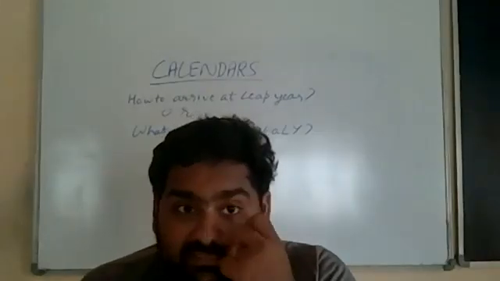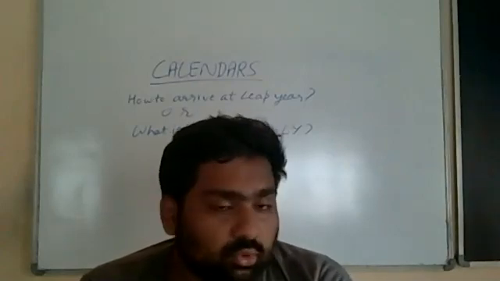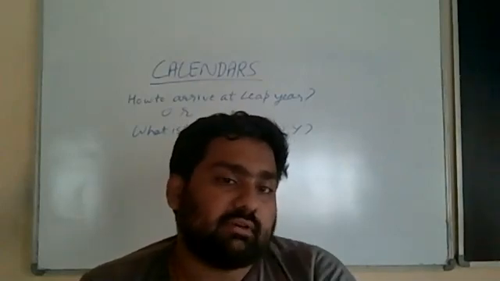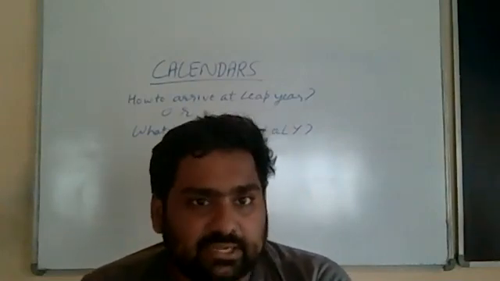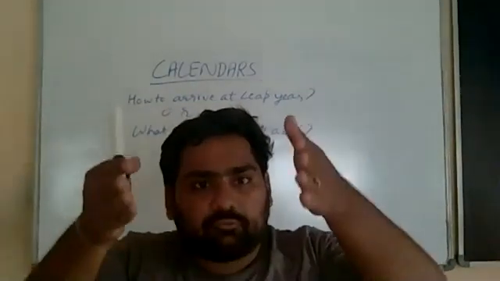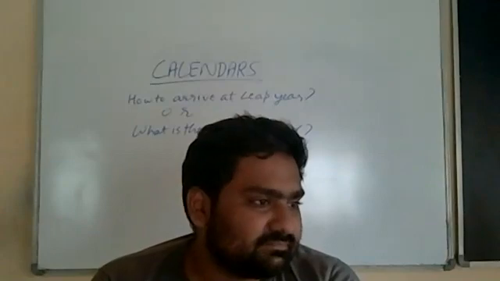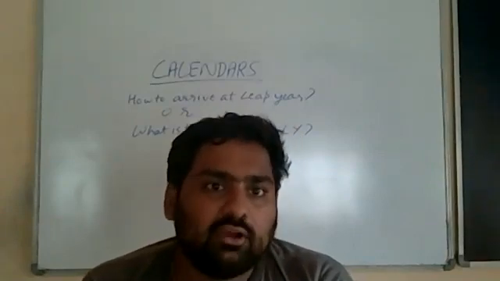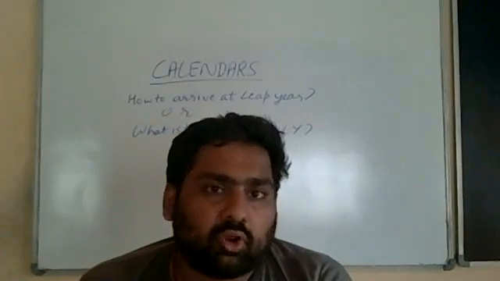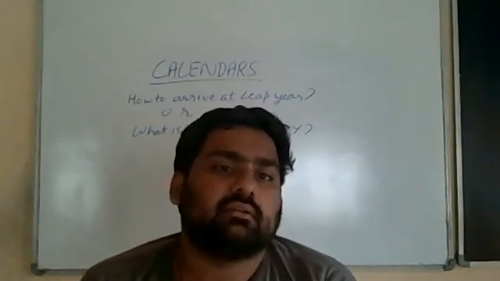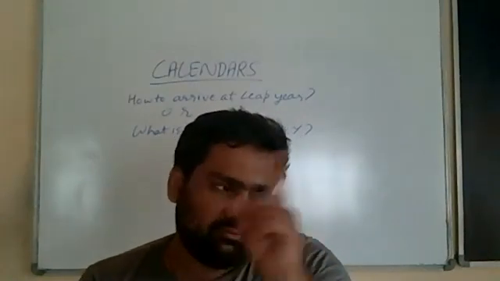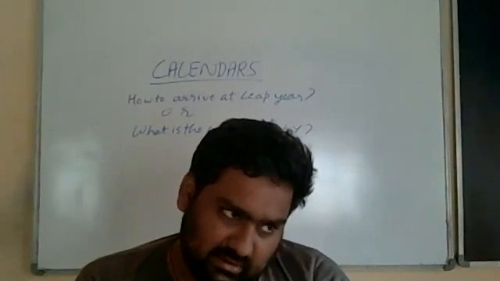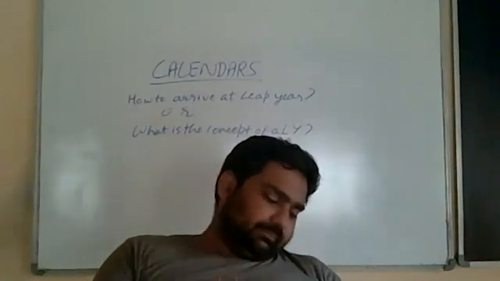So, 2096 will be a leap year. 2100 will not be a leap year. 2104 will be a leap year. So, in between 2096 and 2104, there will be a gap of 8 years which are not leap years. So, "leap year comes once in every 4 years" is a false statement. In normal circumstances, yes, leap year comes once in 4 years. But if there is a century year, then leap year will not come unless the century year is divisible by 400. Do you get this?